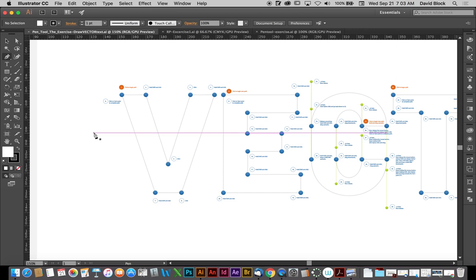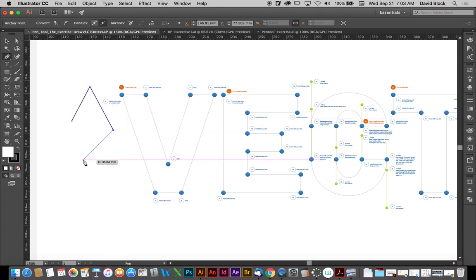So essentially, what you need to know about the pen tool is that you can do two different things with the pen tool. You will either do a single click, as I'm showing you here, to make a corner point like this. Now if I simply click and drag, then I'm pulling the handles from the node which create the curve. Now the curve is called a Bezier curve